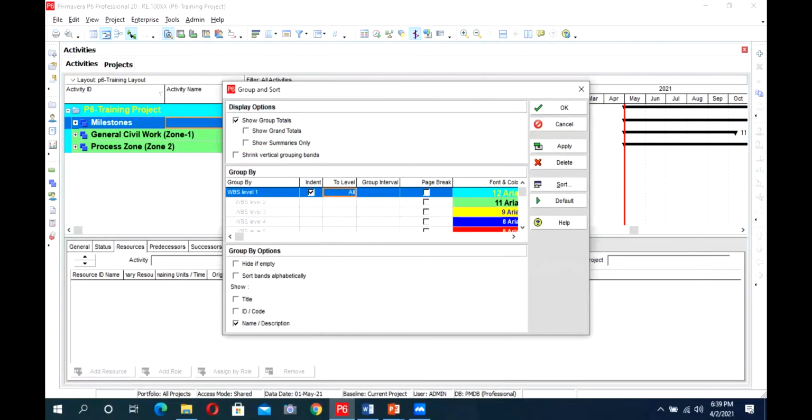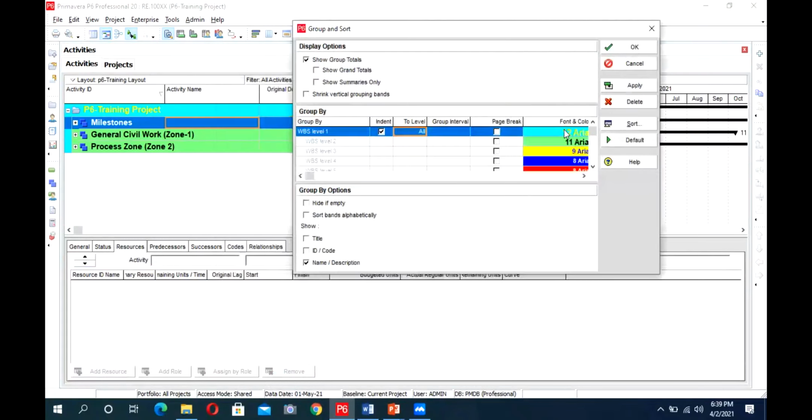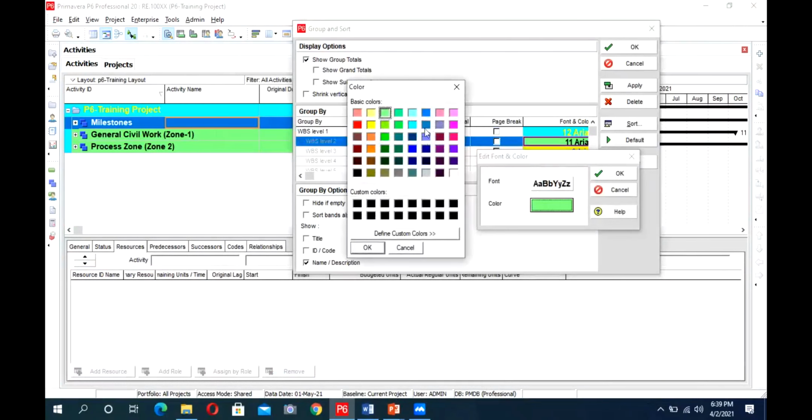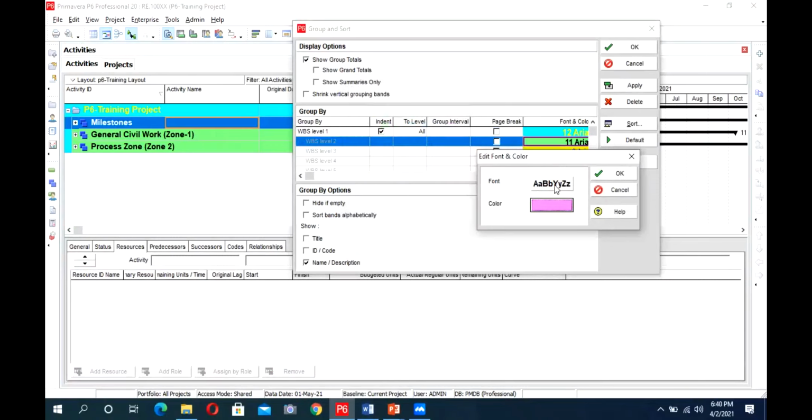So here we have our WBS level. For the first level, it is this color. For the second level, it is green color. So I want to set another color for the second level. I will say this pink-like color. Okay, this one. So I will just select it here.